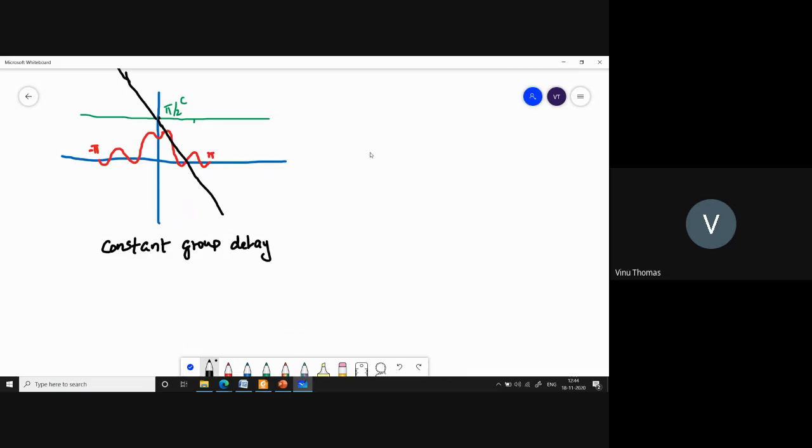So which means that if you have a composite signal, say for example, some random signal which I am drawing here, this is applied to a linear time invariant system as an input. And at the output, I will have a signal that has the same shape as that of the input, except that it will be delayed. If this is the input, this is the output. If this is a narrowband signal, the same narrowband signal shifted by a delay will appear at the output for this kind of a system.